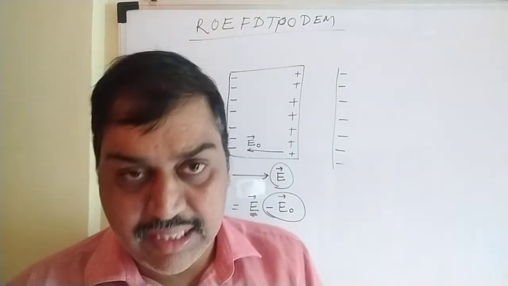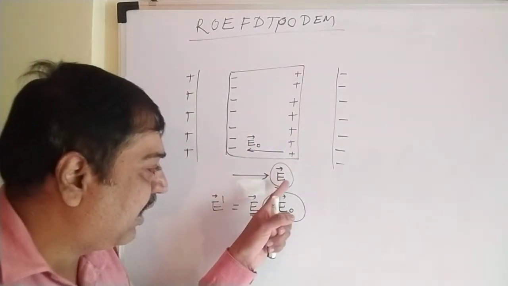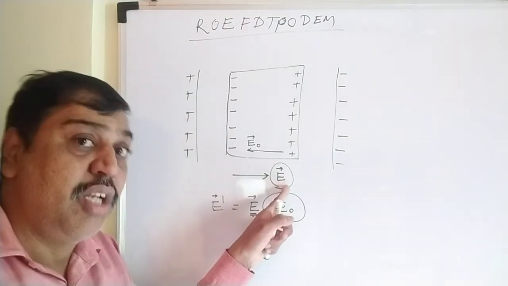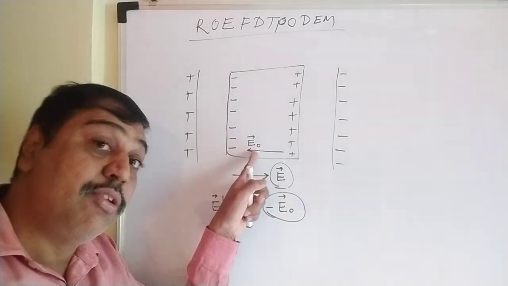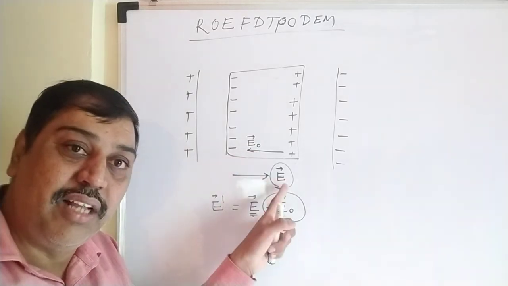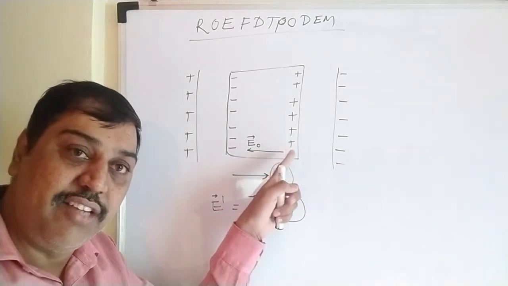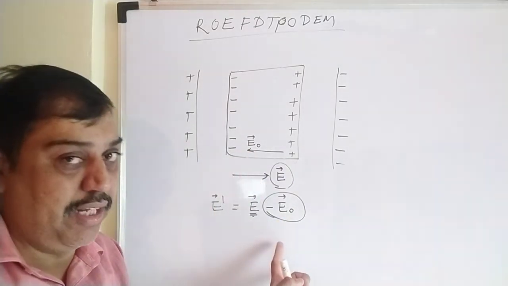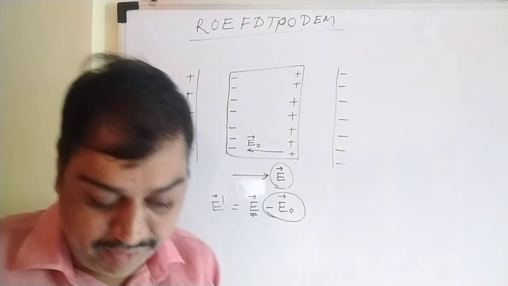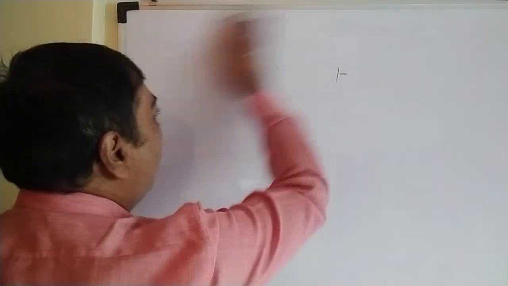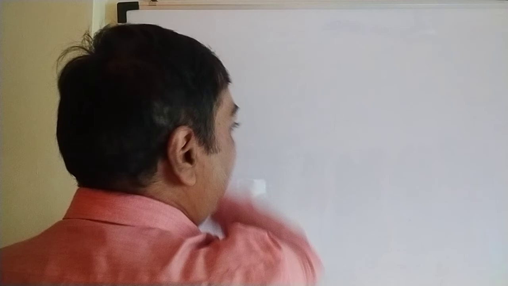Now here it is seen that if we increase the external electric field applied, remember, this E0 also gets increased. That means finally it is useless to increase the external electric field. If you increase this, E0 gets increased further, and the resultant effect remains the same. There is a reduction in the external electric field. So this is nothing but a dielectric material, how it reduces the resultant electric field when kept in an electric field, that we have seen.